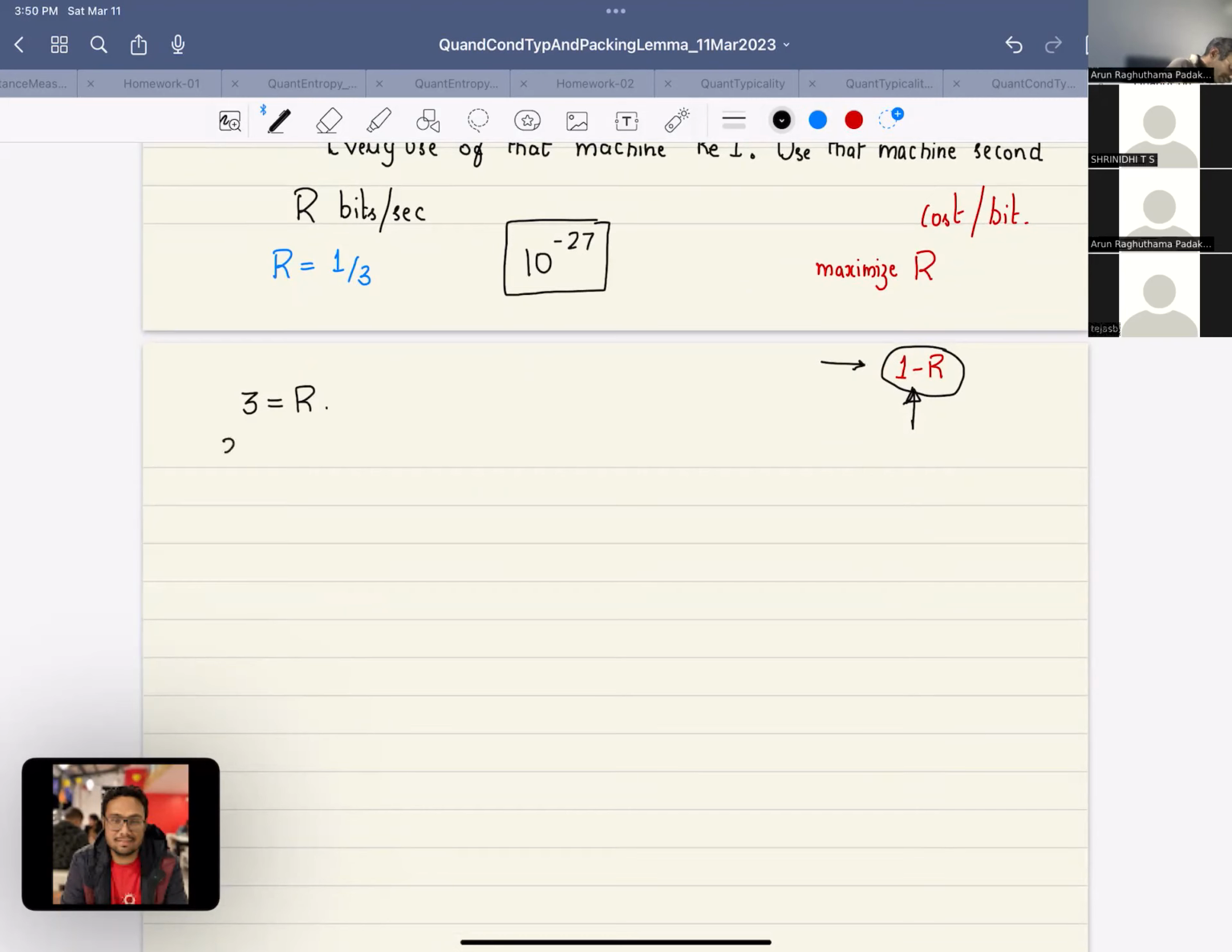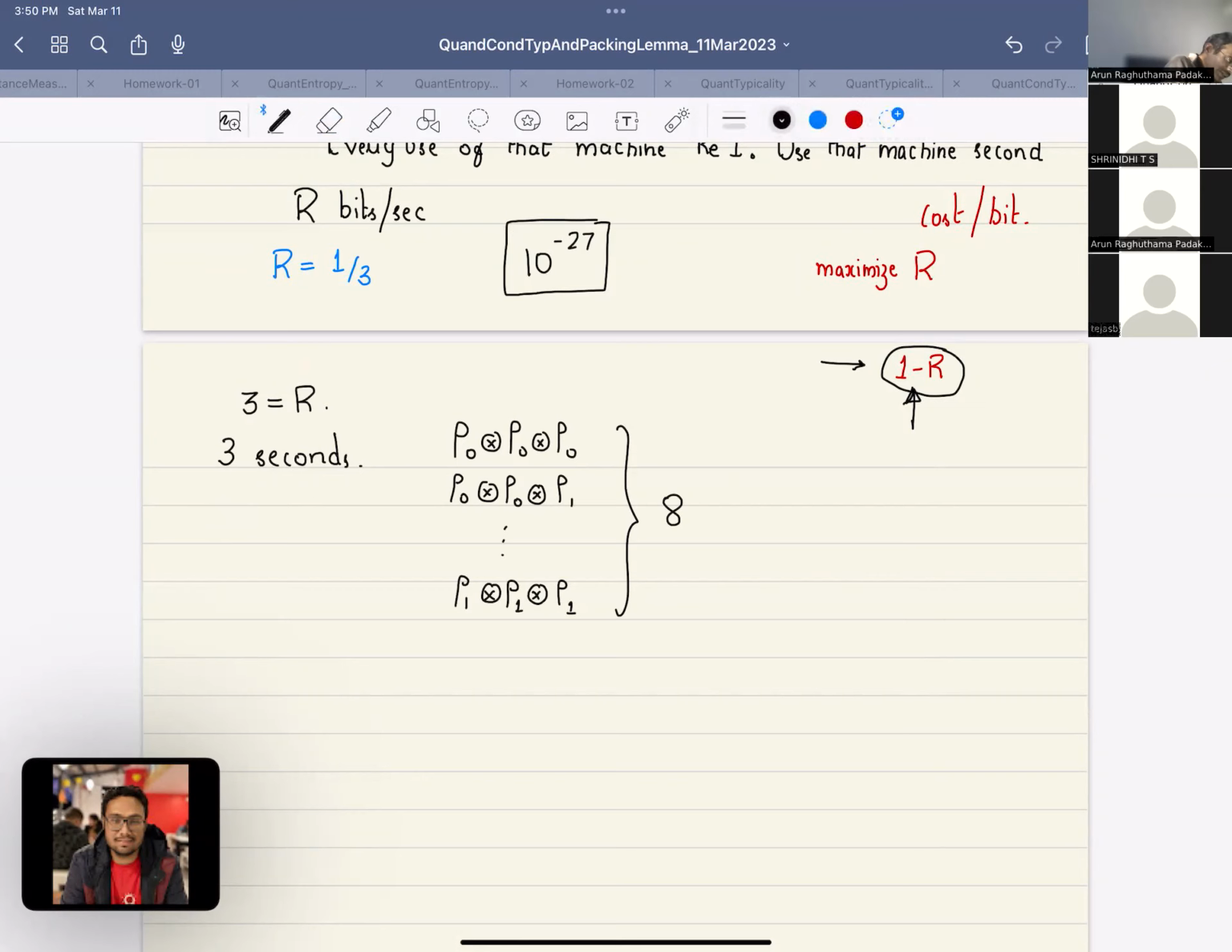After 3 seconds, suppose they are communicating 3 seconds at a time. In 3 seconds, Alice can choose to prepare this or this, all the way until this. So she has 8 possibilities, and she has to essentially choose